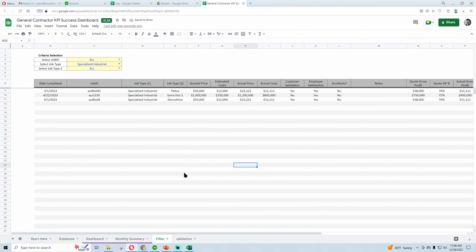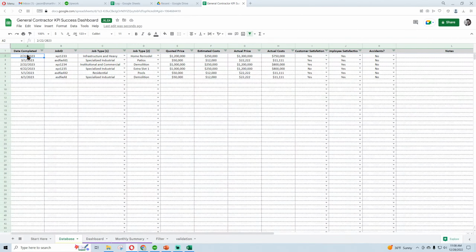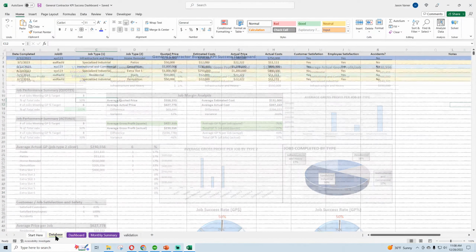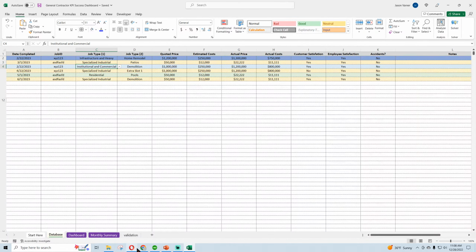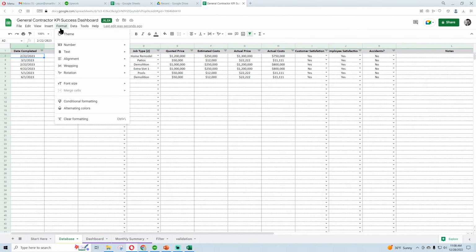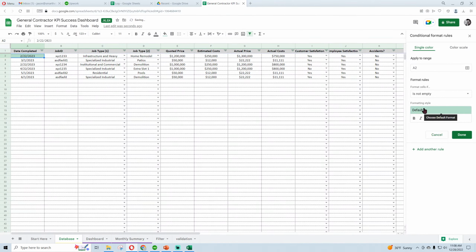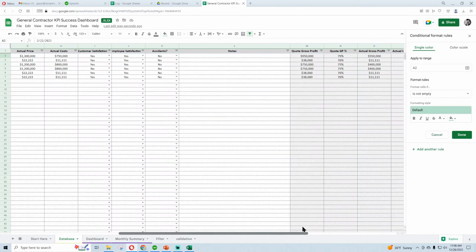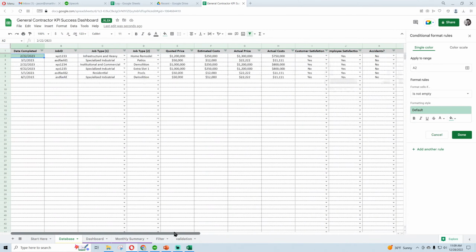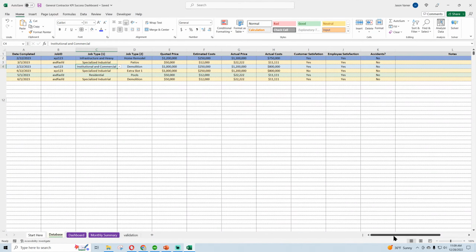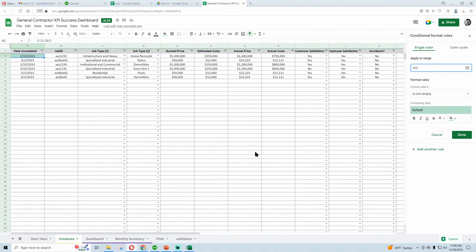All right. So conditional formatting on this. I'm thinking, do I want to do this? So on this, I did color coding. On here, I could do apply to range would be A2 to L. Let me double check that's what I did here. Yeah, just to L. So I could do A2 to L